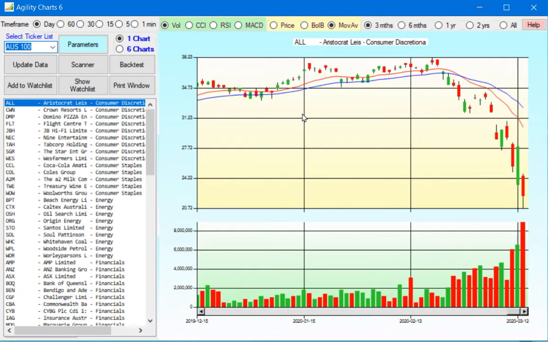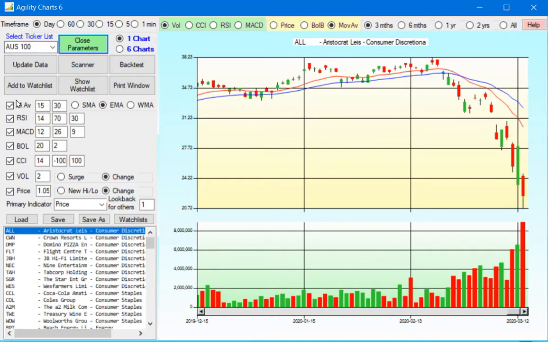Okay, it's going ahead and extracting the data. Now we're showing the first selected item in the list on the graph. We'll cover the scanning at this stage. Now the scanner button operates, as I mentioned, on the last candle, and it relates to parameters that are selected